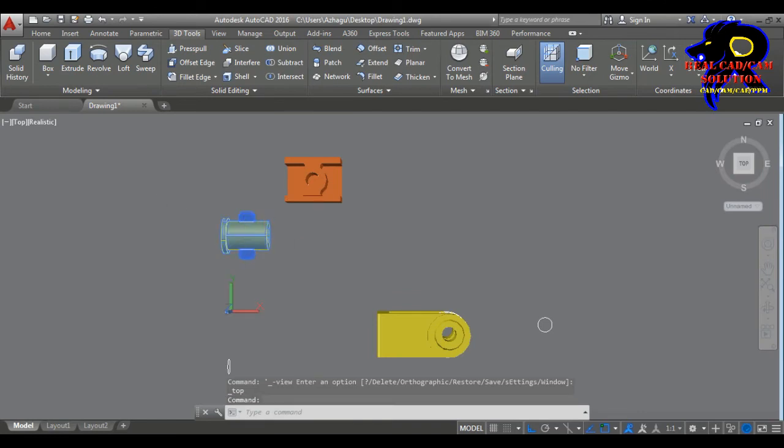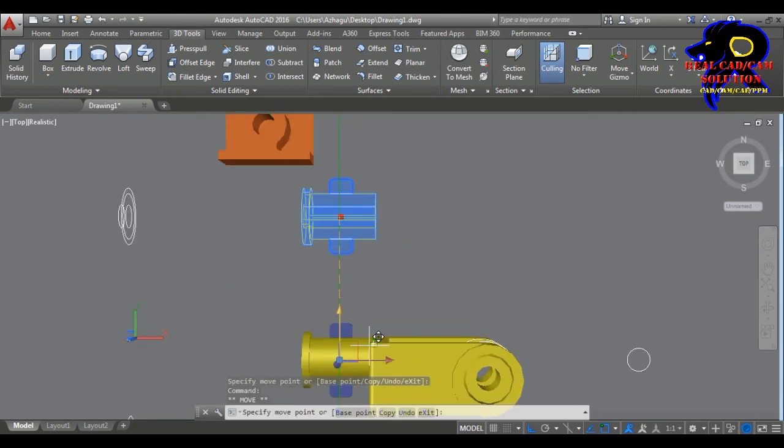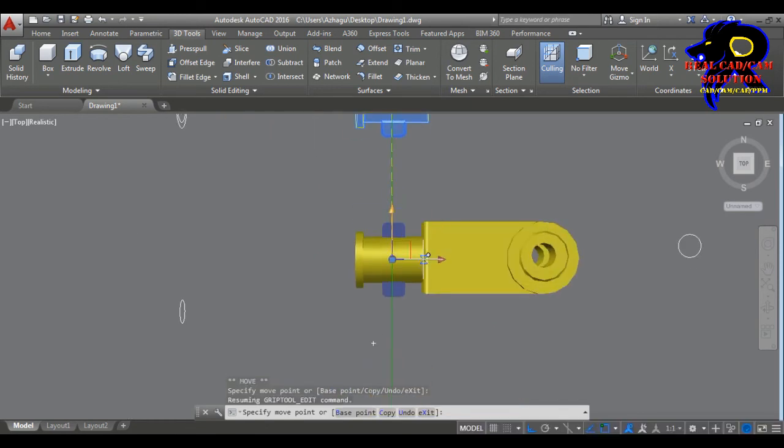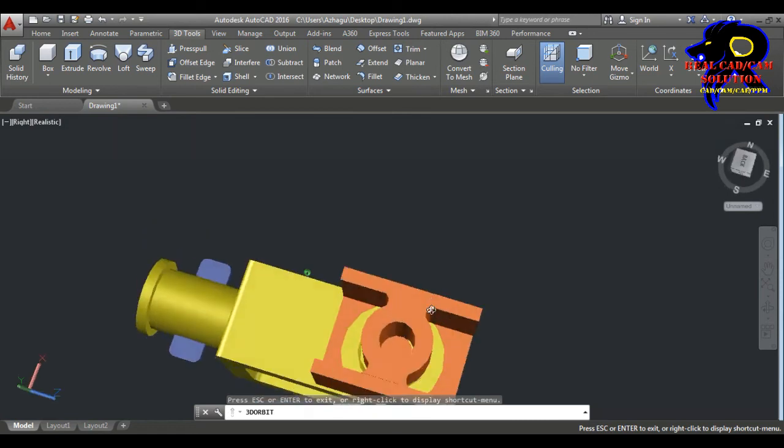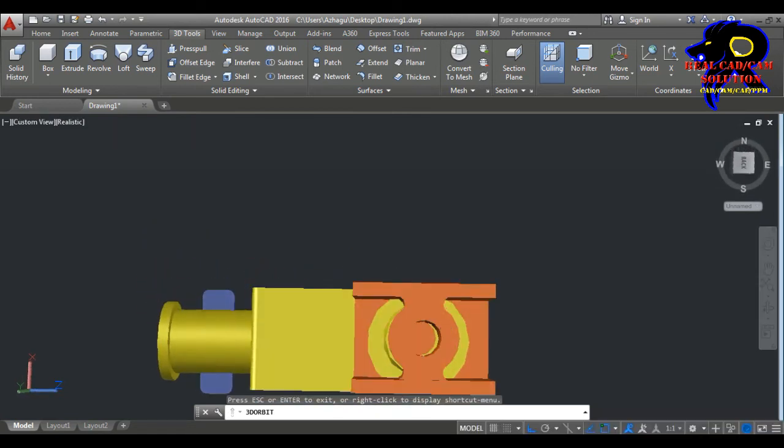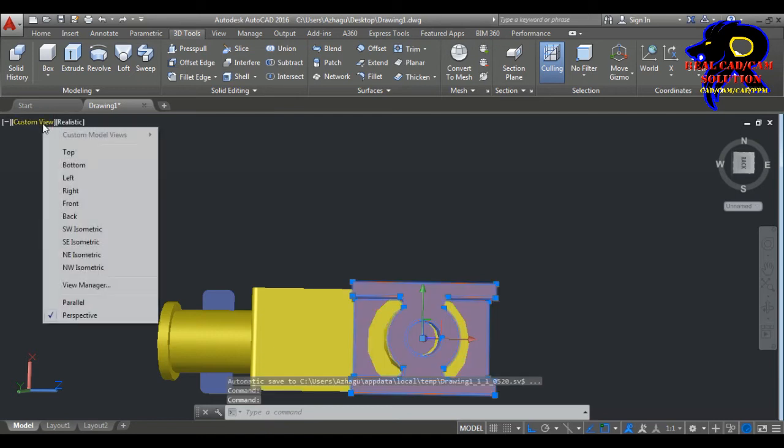Then I go to assemble all the parts like this, because the assembly is very important to the mechanical assembly drawing on AutoCAD. Even SolidWorks is also like this. I put also the SolidWorks video. This is the final one of the AutoCAD assembly of the steam engine cross head, and the final one is